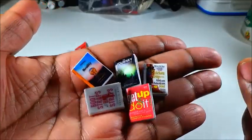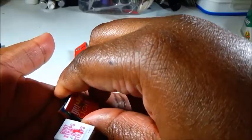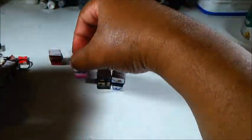You can see those titles. Wouldn't that look awesome on a bookshelf? And these are going to be stacked 10 by 10 as well. So those are more like the self-help, but then